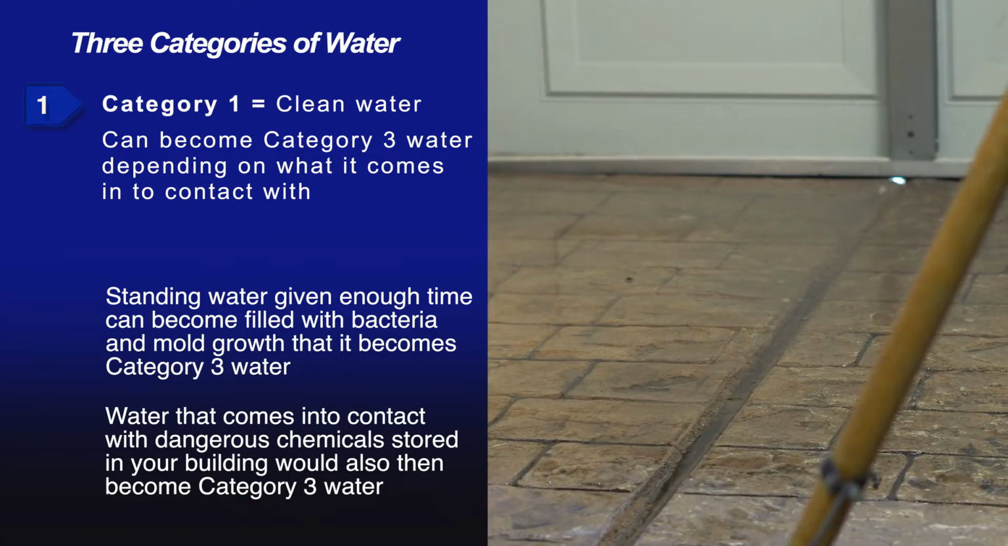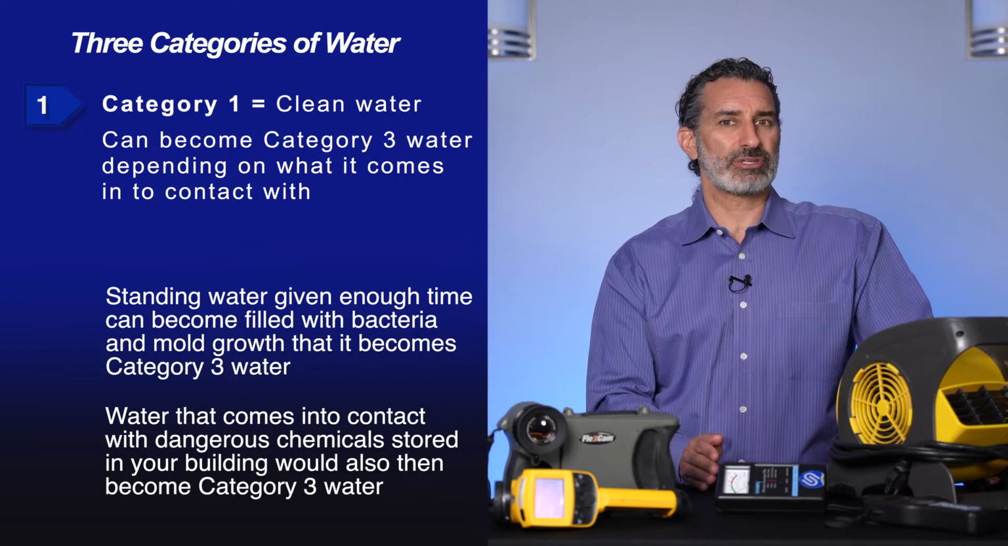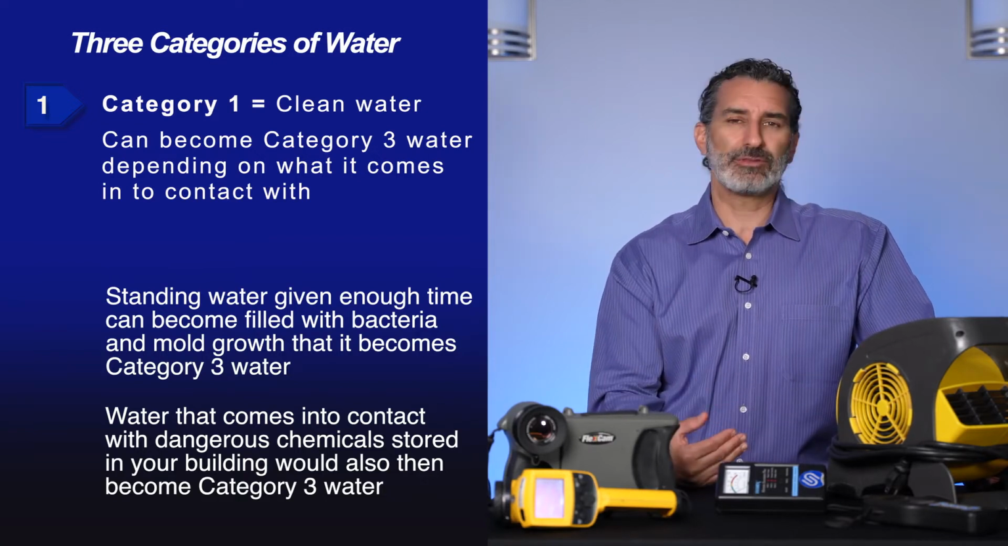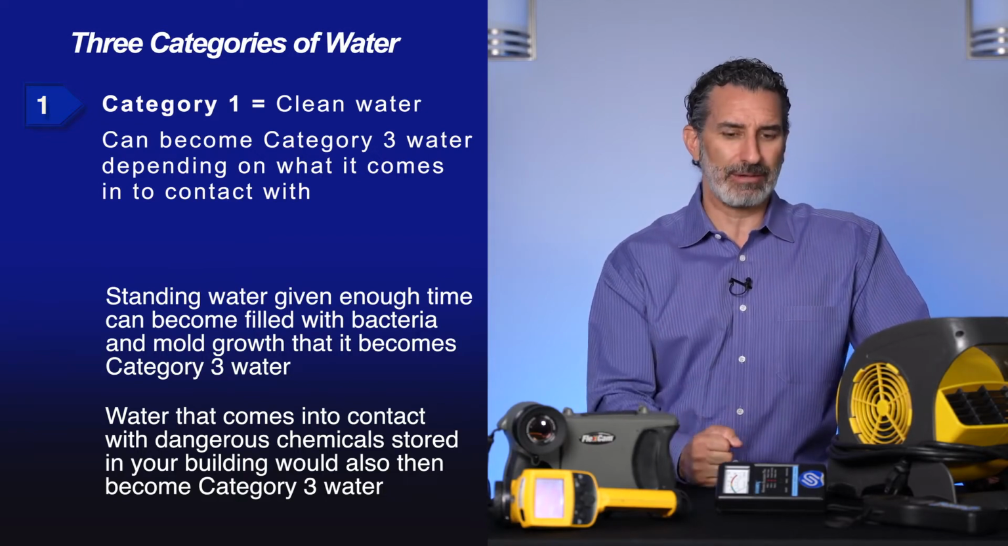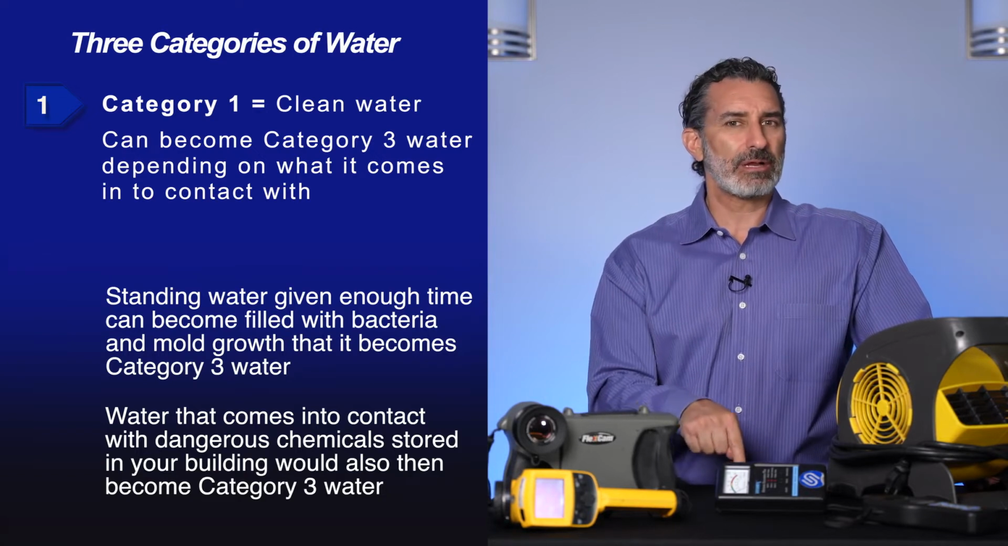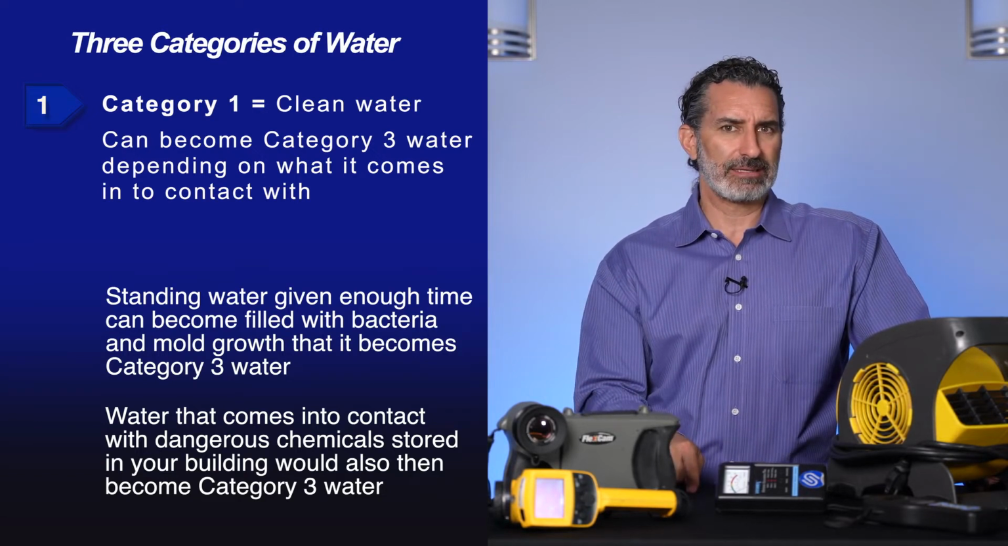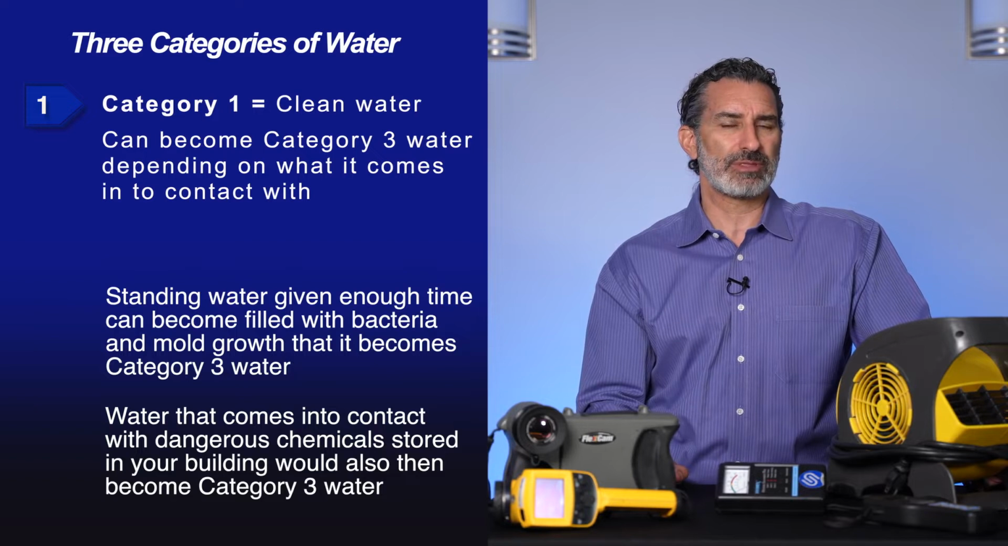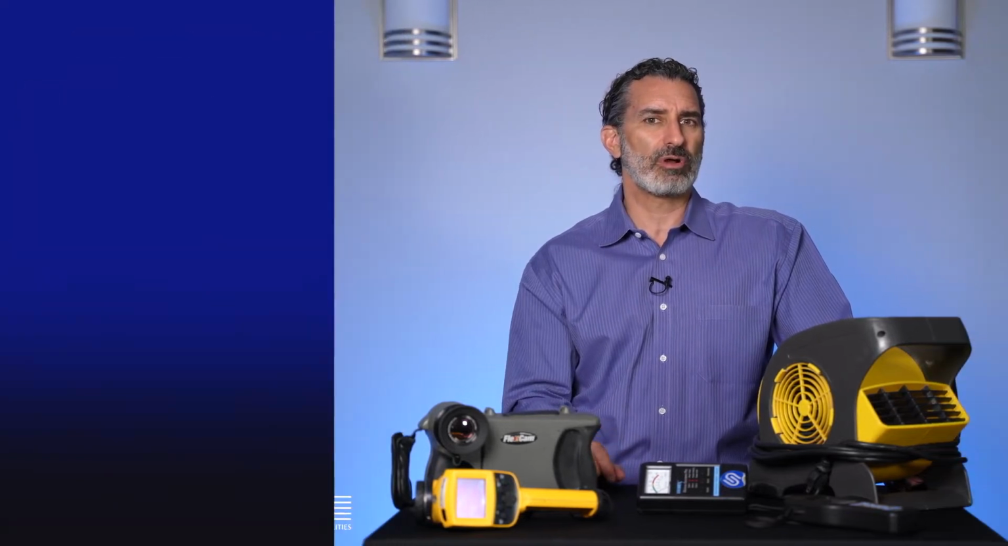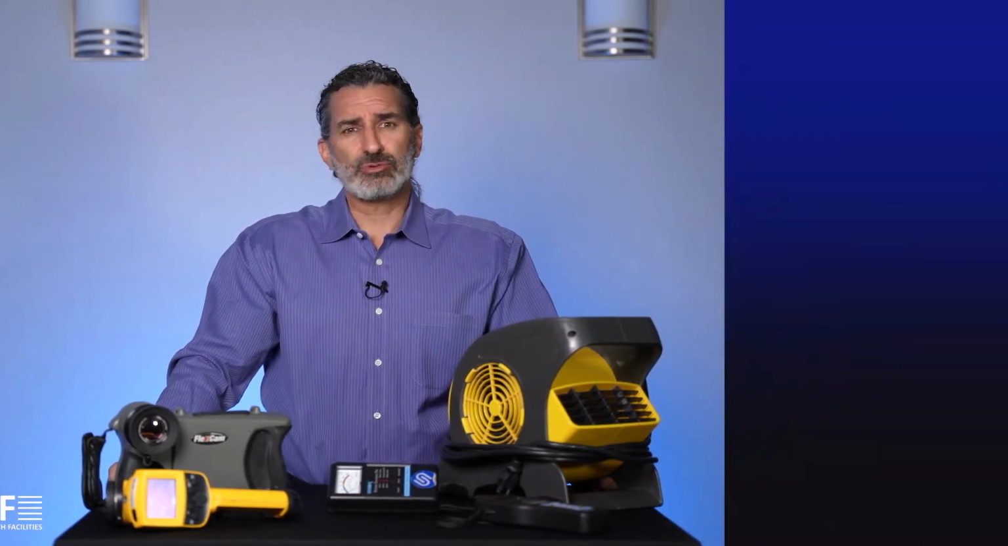So keep in mind that the origination of the water is important to understand. If you have a flood in your building, you want to quickly identify what is leaking, but also how long has it been leaking and what could it have come in contact with that might make this water more of a concern. If you have a Category 3 event, like a sewage leak, keep in mind that sewage doesn't always